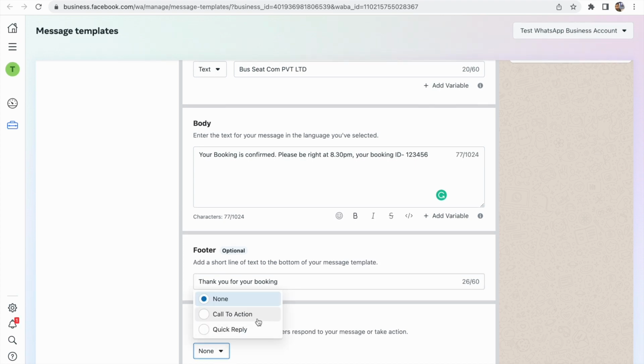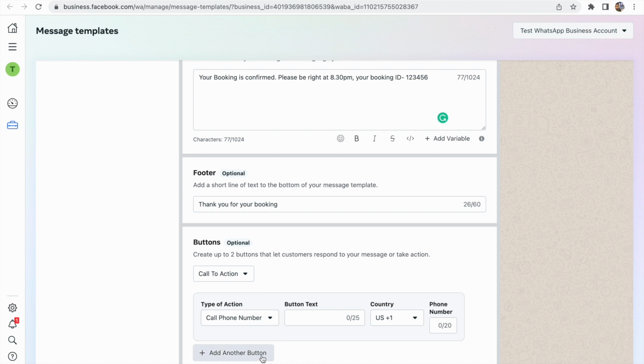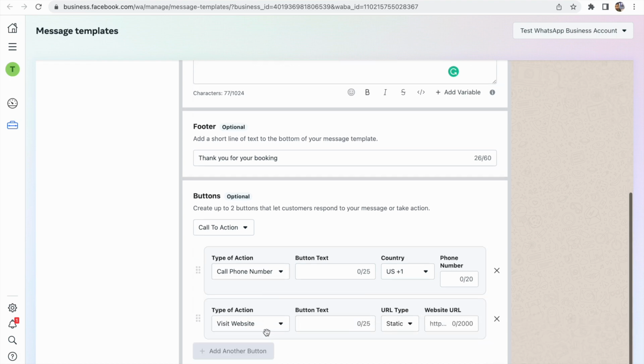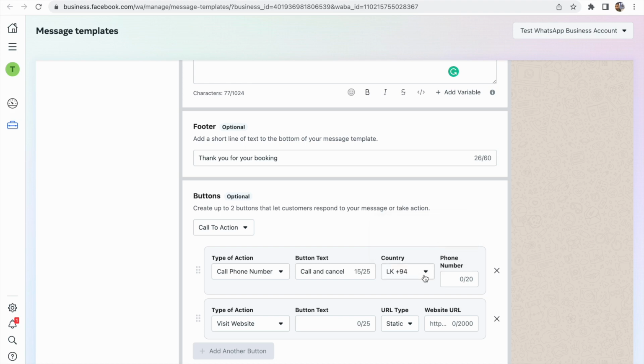For example, in case the customer is facing any difficulties in the time, you have to give the customer a way to send the response to you. So I just click call to action, and here you can add 2 buttons maximum. For example, if I click this one, 2 is the maximum. So here I am going to give the button text call and cancel or something like that, and the country code. I am living in Sri Lanka, so I just click here, and for the phone number I give my number,